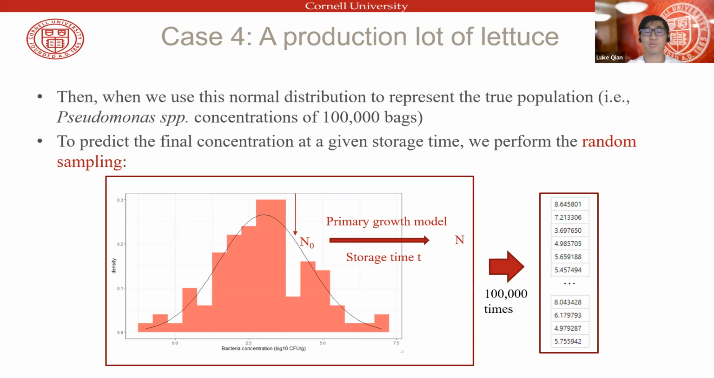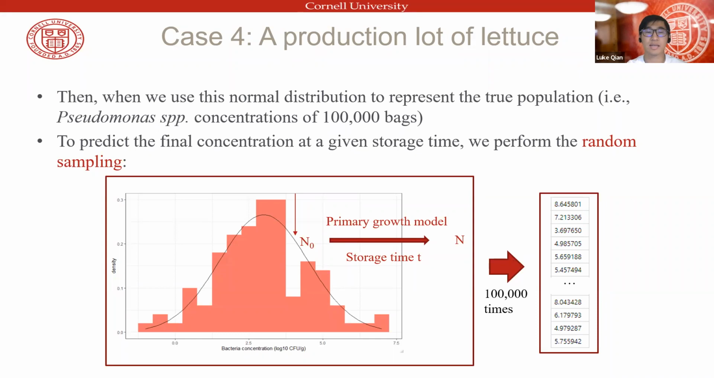Then we can perform Monte Carlo simulation. We use this normal distribution to represent the true population, which is the Pseudomonas species concentration of 100,000 bags. So if we want to apply the growth model to all of them, we perform random sampling. Basically, we select